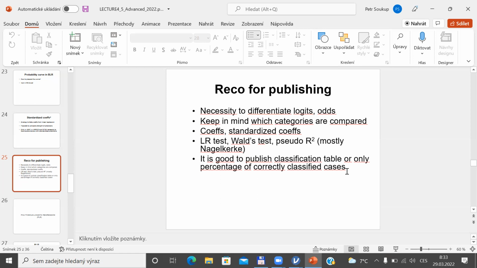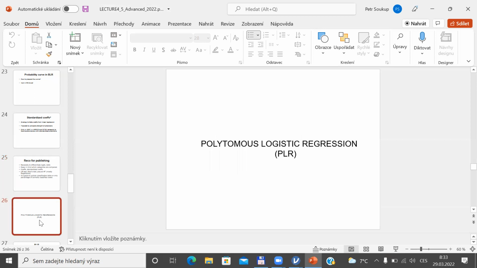And in the next step, we will briefly theoretically discuss the model for a dependent variable which is nominal. So it means we will have more than two categories, and then we will skip into the new topic of latent class analysis. So some questions so far? Okay, so if there are no questions, I would skip to the next slides. And first of all,